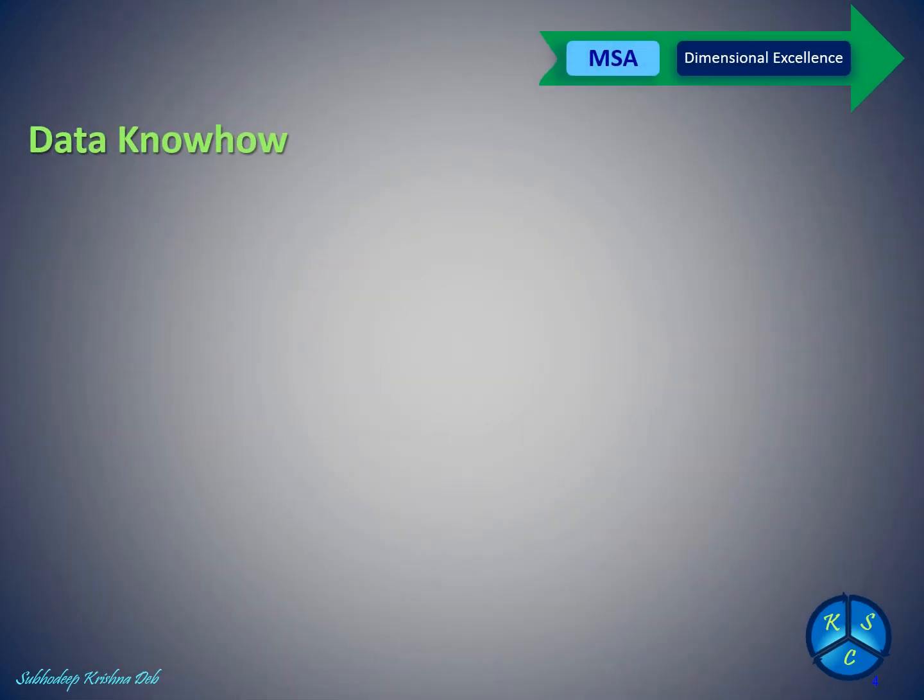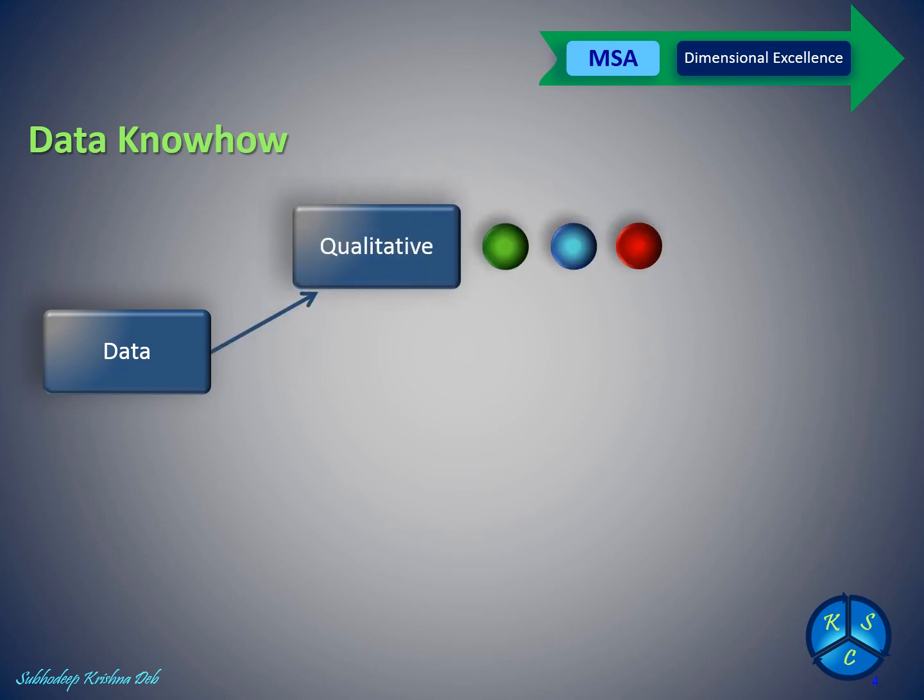Before understanding the types of MSA tools and studying them, we need to brush up on the different types of data, because the MSA tools mainly depend upon the type of data we are dealing with. Data are basically of 2 categories. First is the qualitative, which deals with the characteristics of the components which we cannot measure easily, like the smell, the taste, the color. Like here is the color of the marbles. The second is the quantitative, wherein we can measure some value, whether in continuous or discrete form.